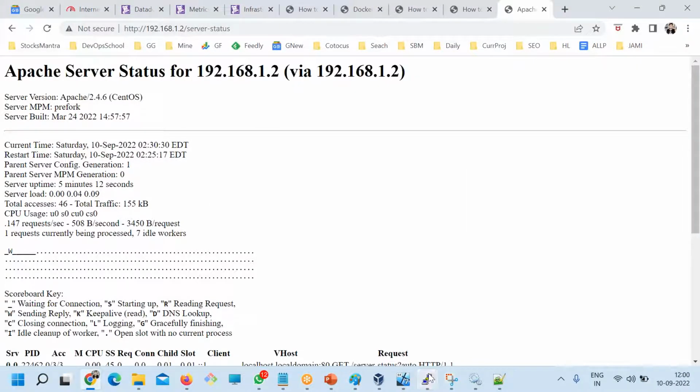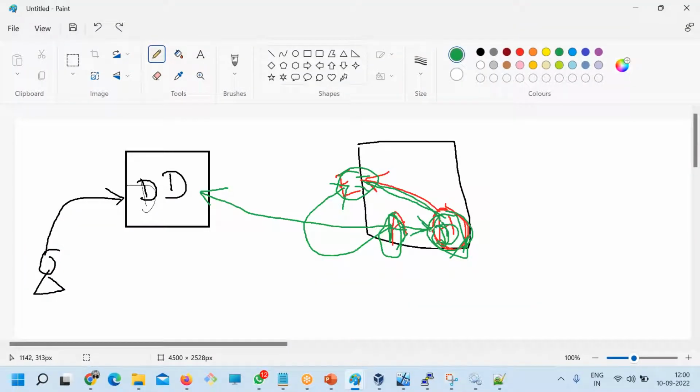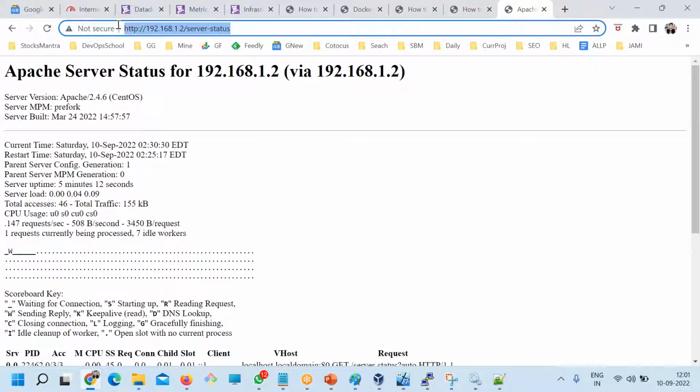I mean, we could have fetched the logs directly without using the endpoint as well. I'm not talking about the logs actually. I'm talking about the metrics of Apache. Theoretically, this is Apache and this is the agent. The agent cannot ask Apache for the metrics because it's not designed that way. Apache is a very old tool, and Datadog has come recently. So Apache publishes all the metrics at a certain endpoint. The agent fetches all these metrics through the localhost and then sends them to Datadog. Why did I disable the firewall? Because I wanted to show you this URL.